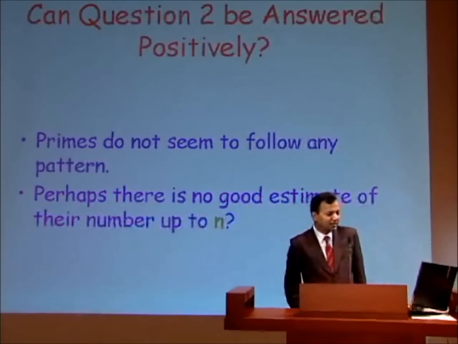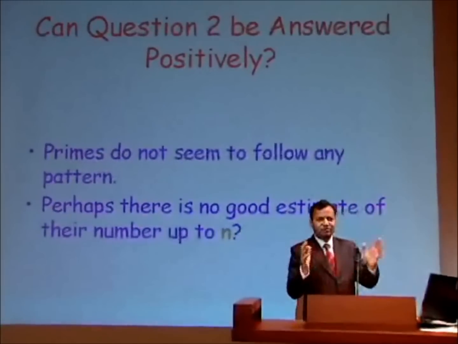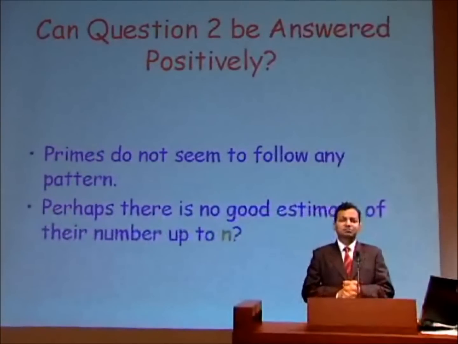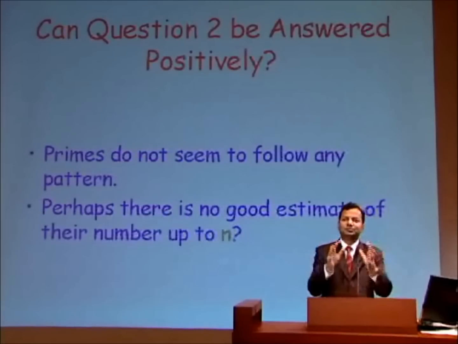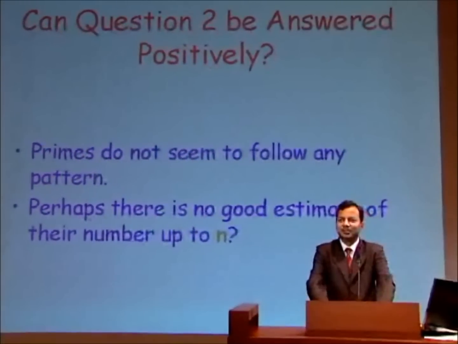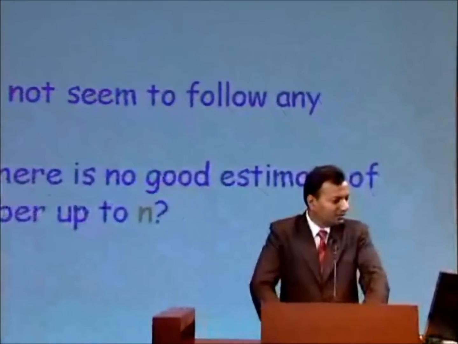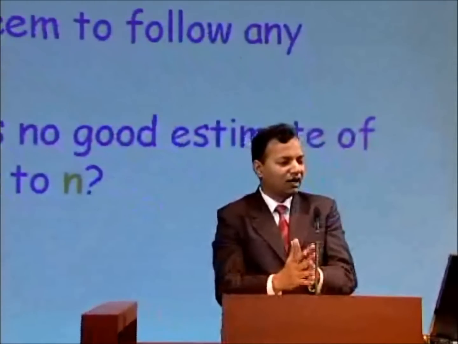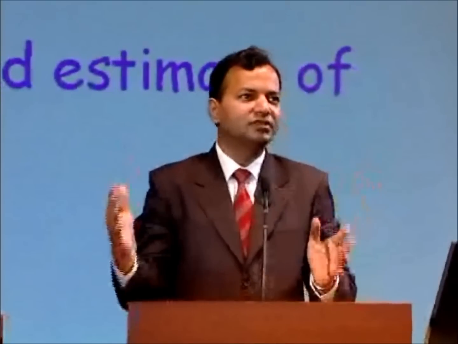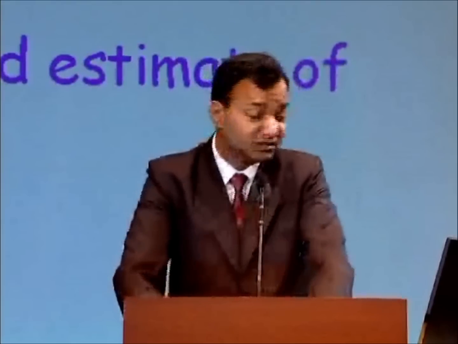Okay, so all this difficulty tells us that primes are not easy to capture as an entity. Although they are very easy to define, they are not easy to understand. And if you recall, question 2 asked, how many primes exist between 1 and n? Now, if primes are very chaotically distributed, there is absolutely no reason to believe that there should be some nice formula for the number of primes between 1 and n.